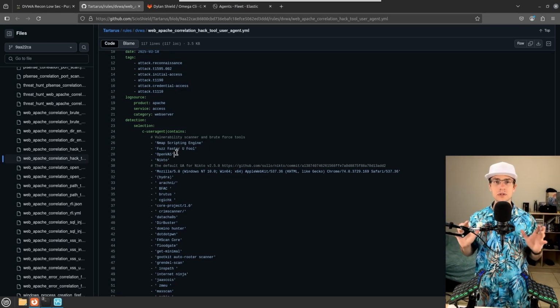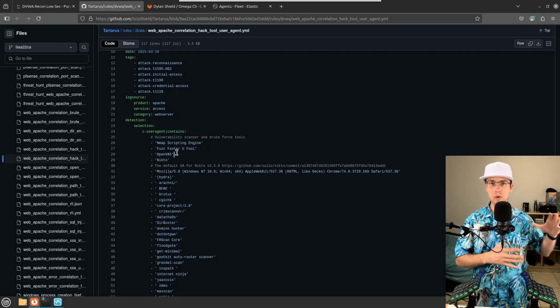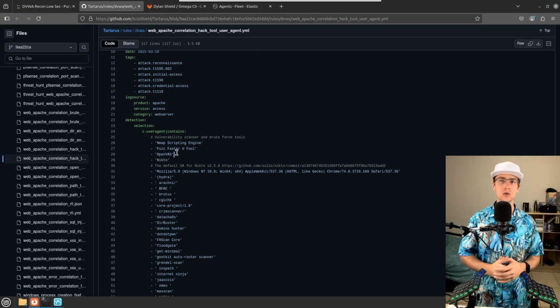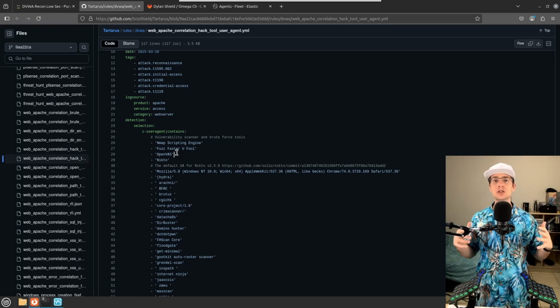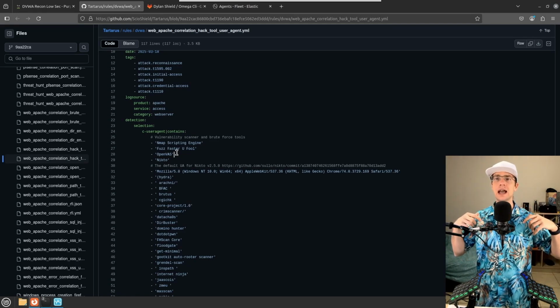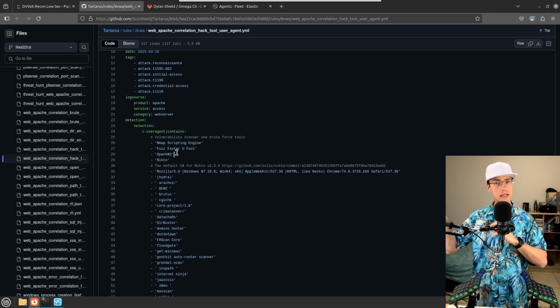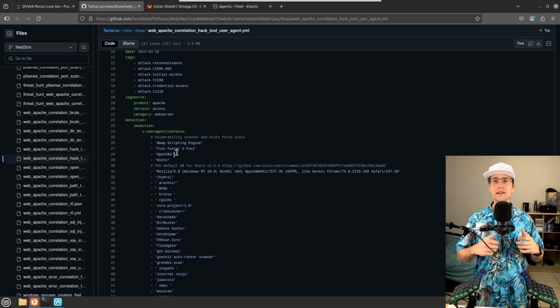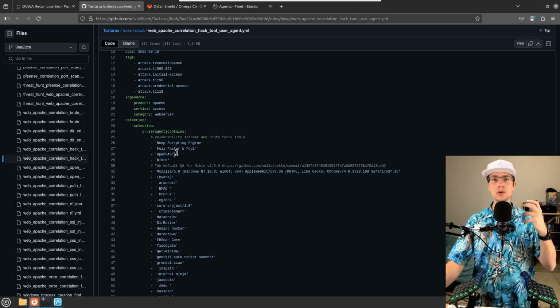All of this is couched with the understanding that these user agents are trivial to change because they're in the attacker's control. This is merely to demonstrate the functionality of the Omega CLI and of Nuclei, and how you can use Sigma, so that you can